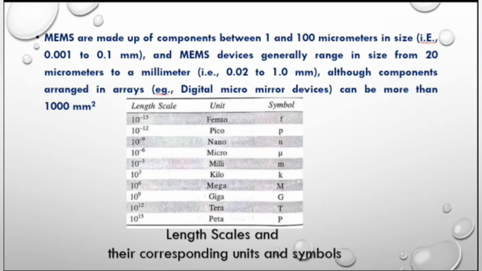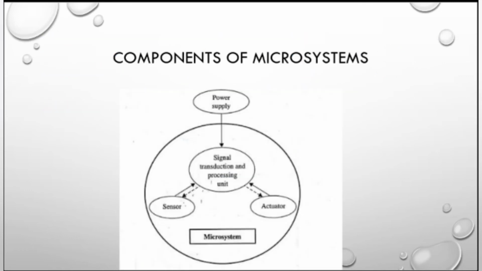MEMS devices can vary from simple structures to extremely complex electromechanical systems with multiple moving elements under the control of integrated microelectronics. These are the components of microsystems. They basically include microstructures, microelectronics, microsensors, and